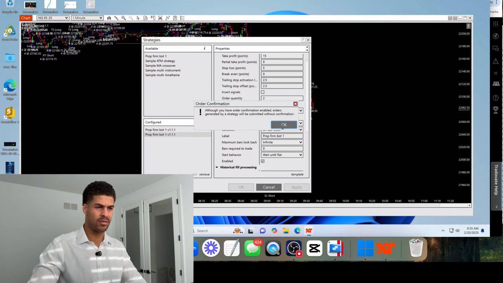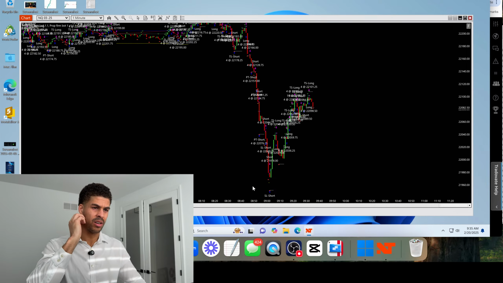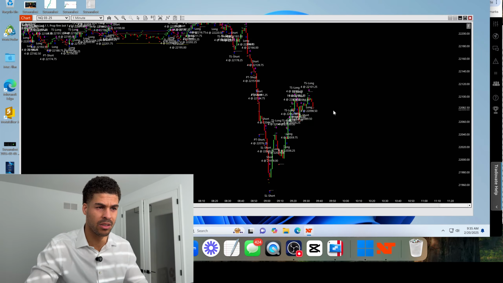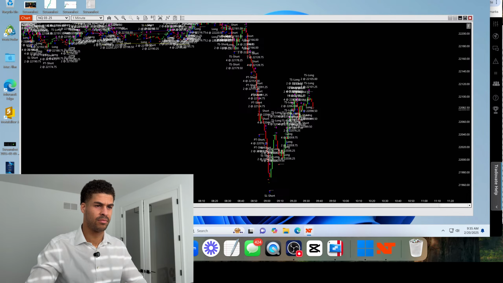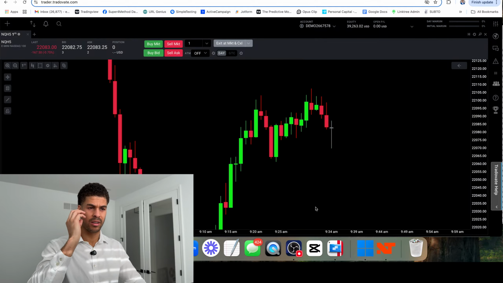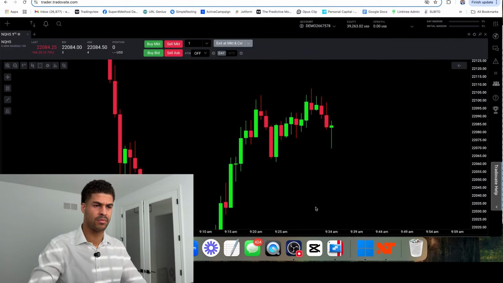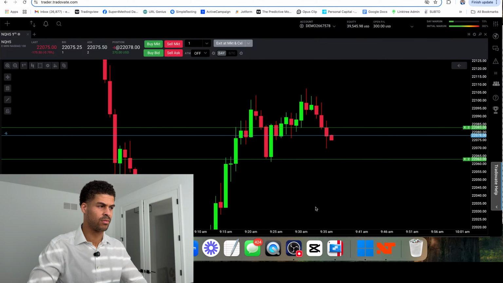What does that do? Let's see. Ideally, I want my trail. We should be getting a new trade here in the next candle or two. Let's see if we get one here. Order submitted. Okay, short.